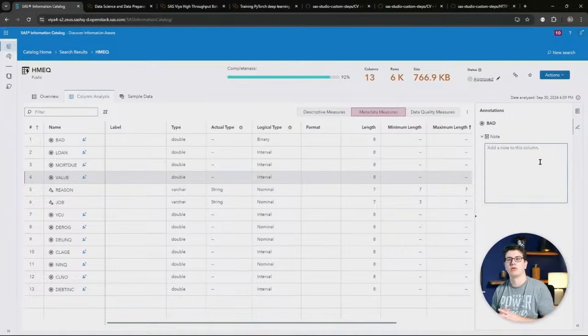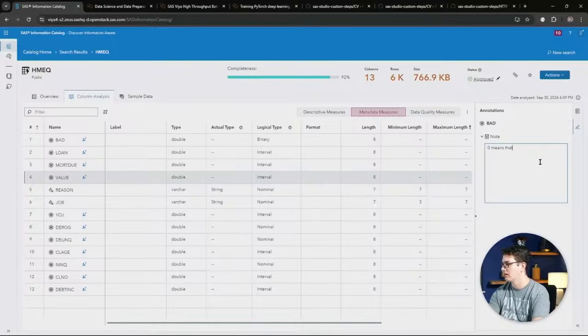Now, notes are in addition to terms that you can add via the glossary, where glossary notes are more general and apply probably to multiple columns across multiple tables. Notes are something that is very specific to this explicit column. This can be used, for example, to communicate specific information about this column. Let's say, well, up until 2020, this data was provided by an old system, and thus the data quality can never reach X. Or you could also use it to add additional context around specific values, meaning, for example, 0